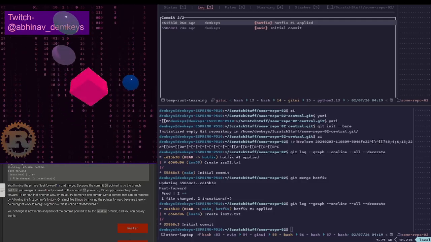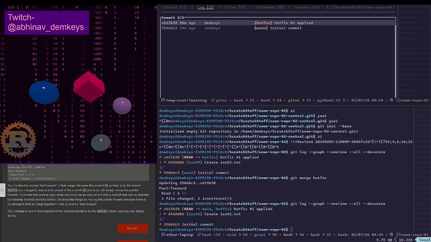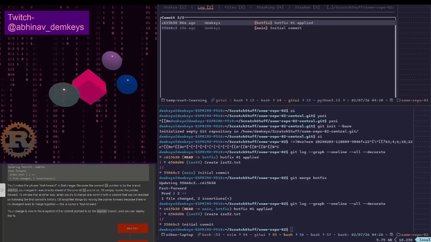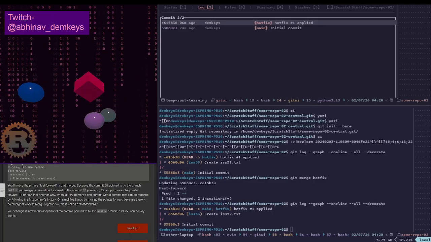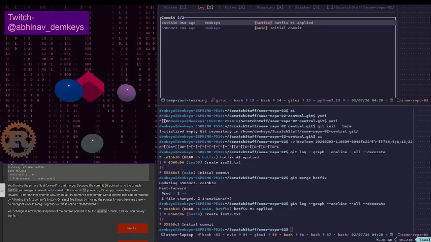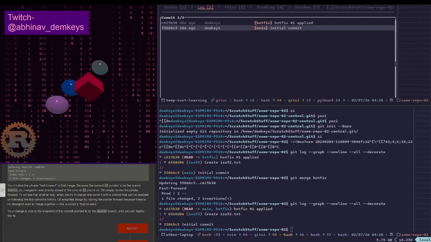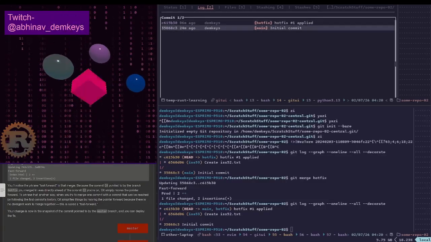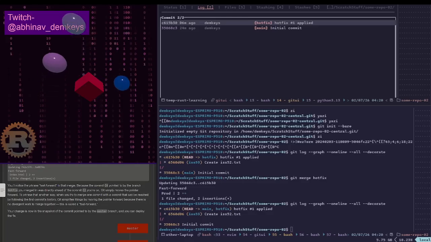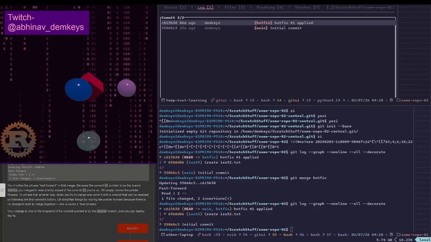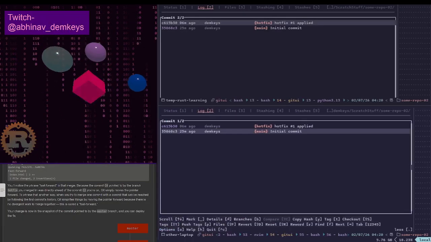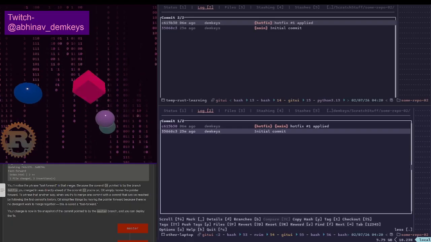Okay, so things have changed now. If you look at the diagram above, the graph above, and the graph below, main and hotfix both point to the very latest commit, and we actually don't see that here. Why do we not? Oh yeah, there. I just had to get it to refresh, reload.